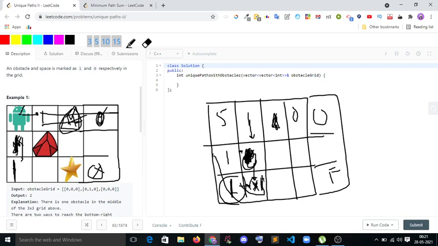Okay, this is one path because this is one way. It can be possible if both are obstacles. If both obstacles are there, we can't move here. This is not a possible path if both of them are obstacles. Another thing: an obstacle may be there and maybe a path too, so I can't come from this position, so only one position is available, 2, so 2 can be written here.